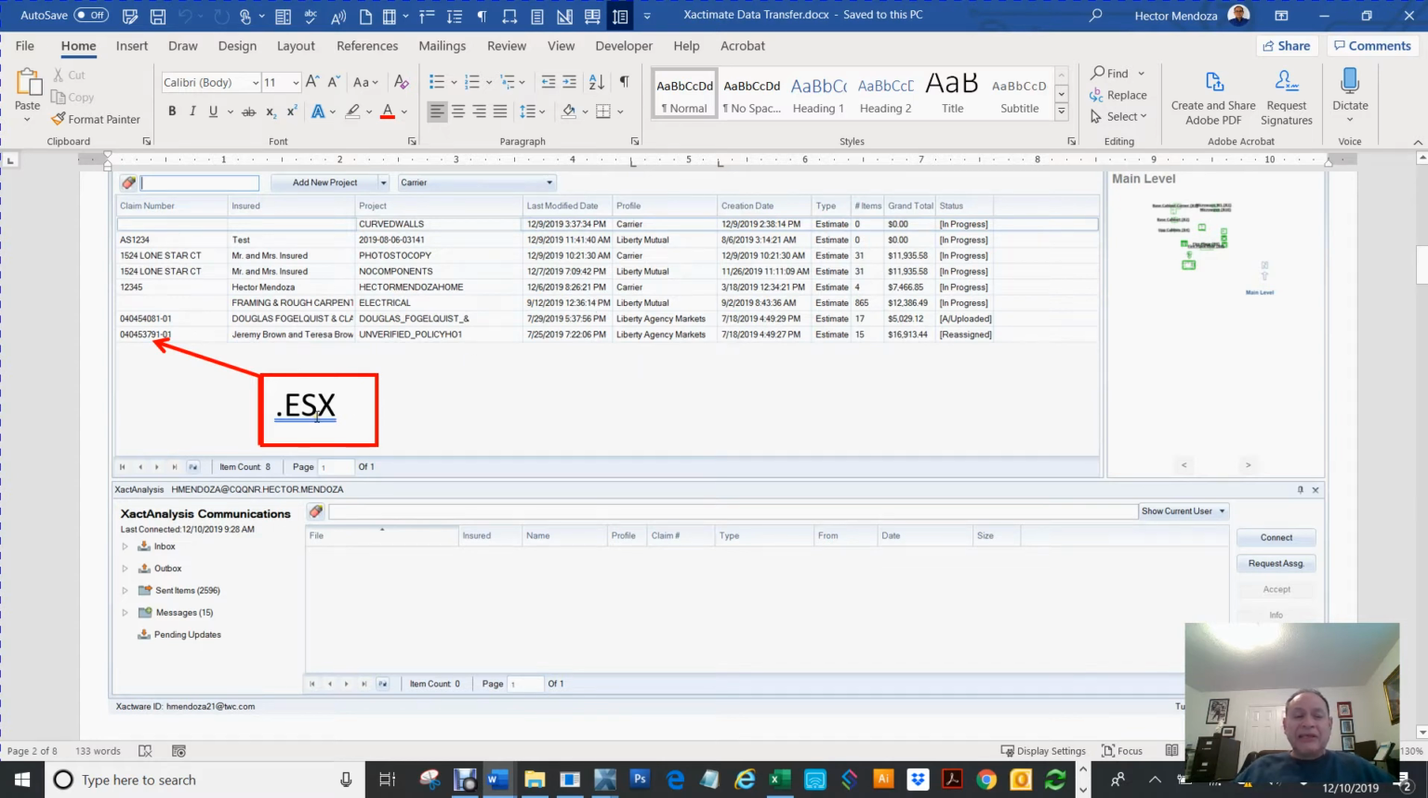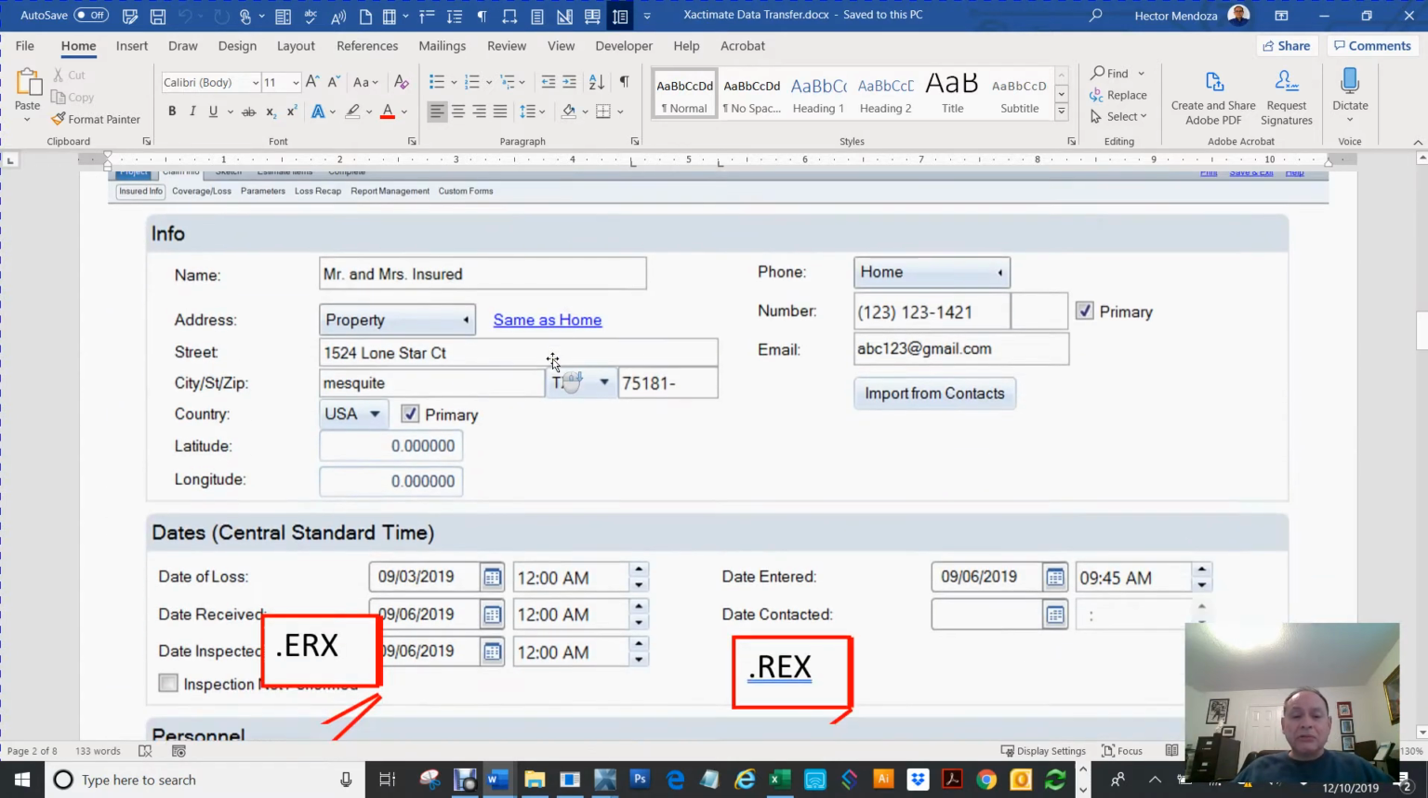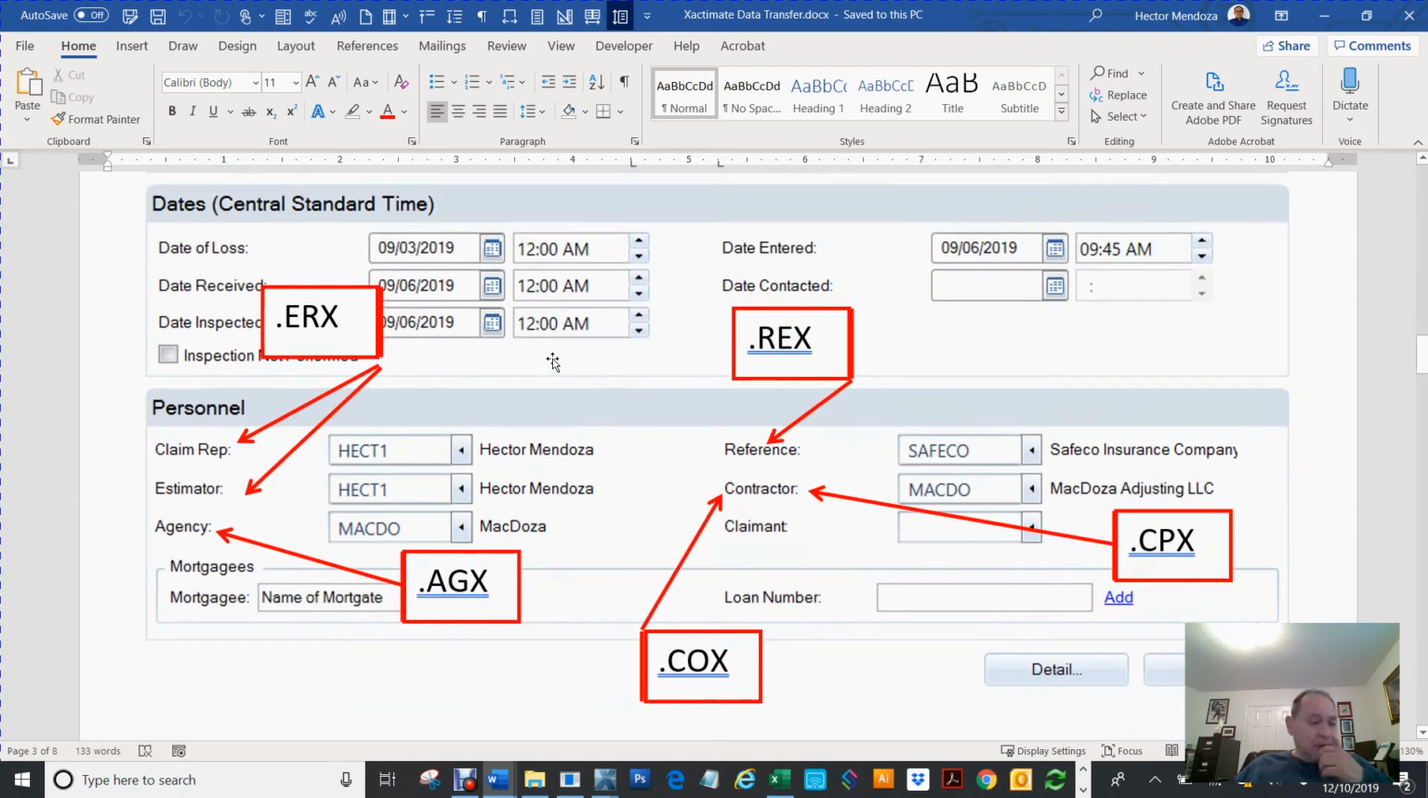For instance, the ESX file. Basically, this is your claims that you do. Let's say I was working on a claim and I needed somebody else to help me with it. I could actually data transfer this to them. I'm going to show you how to do it the long way, and then I'm going to show you a shortcut. Other things that some of these companies might send you are claim reps, estimators, agencies, contractors,